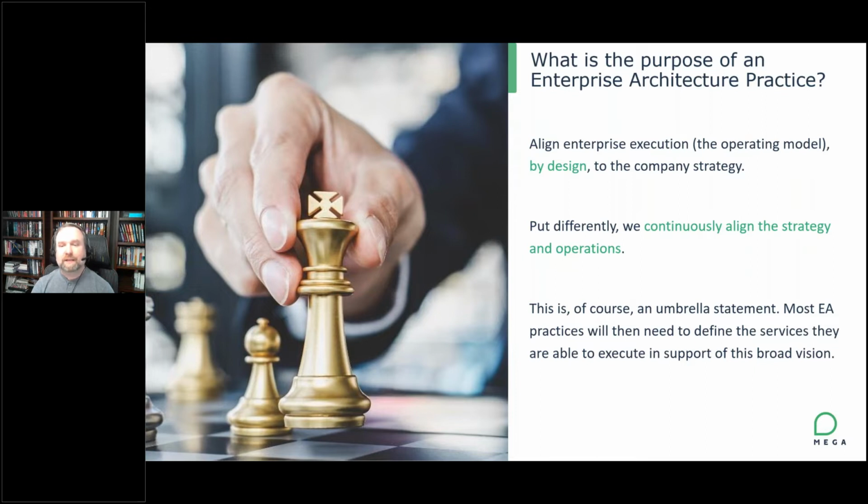Similarly, just for clarity's sake, we could say that it's about continuous alignment, because we have to keep in mind transformation and evolution today is continuous. There's no major pauses. There's no time to sit and think. We really have to move rapidly. Now, I mentioned this as sort of an equal statement between strategy and operations. Most of the time, we're talking about designing the operations and the operating model in the direction of the strategy to achieve that transformation that the organizational vision is driving towards.